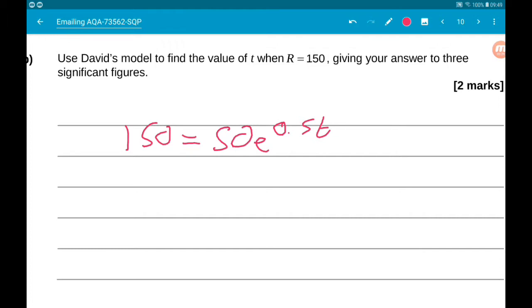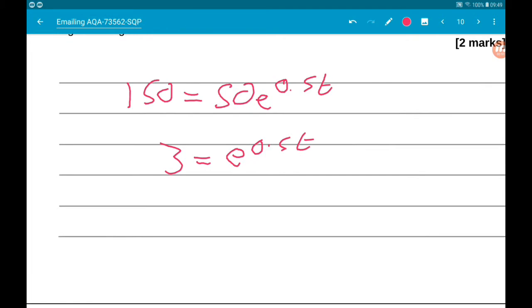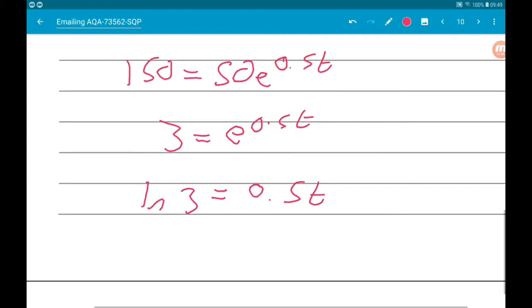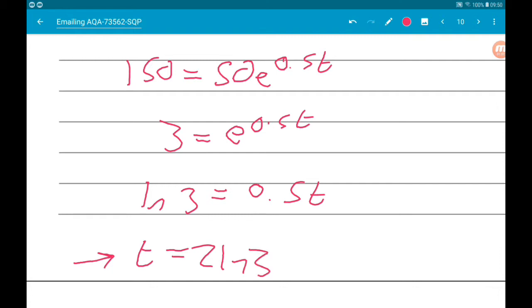Divide both sides by 50 and we get 3 is e to the 0.5 t. Now we need to get the t out of the exponential, so we take the natural logarithm of both sides. So we get log 3 is 0.5 t. So if we multiply both sides by 2, we get t is 2 log 3, which is